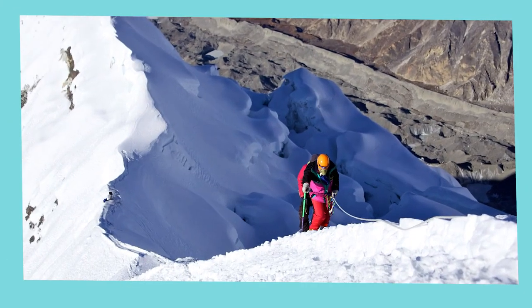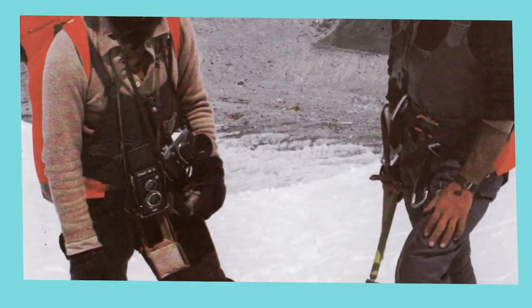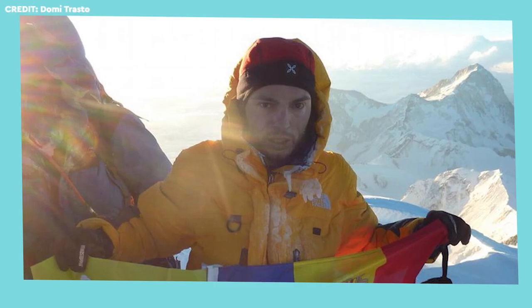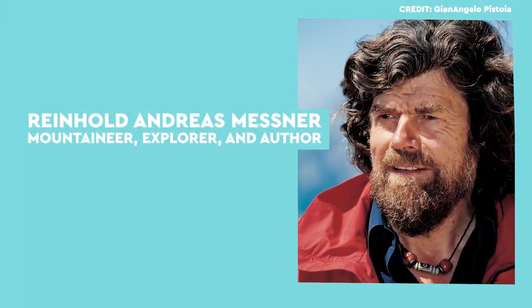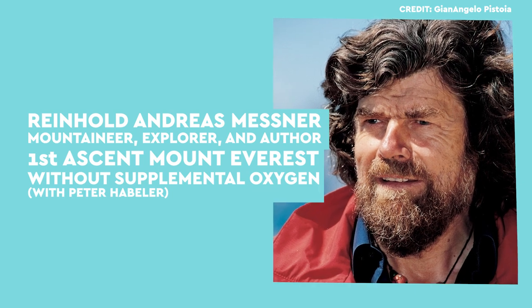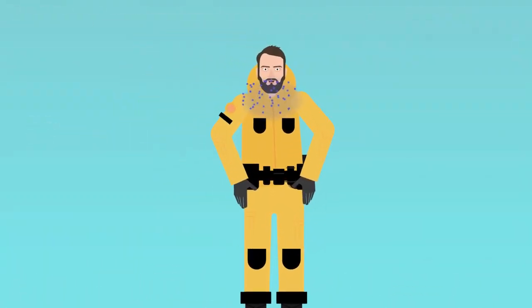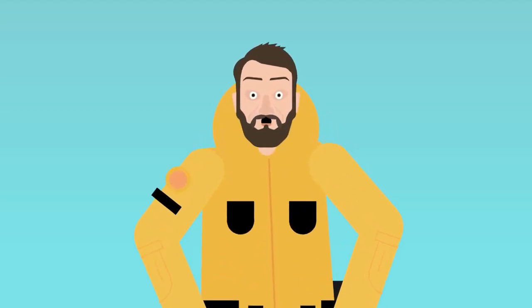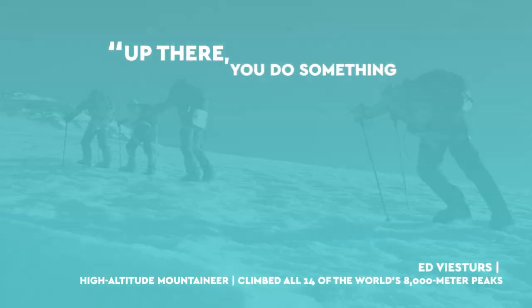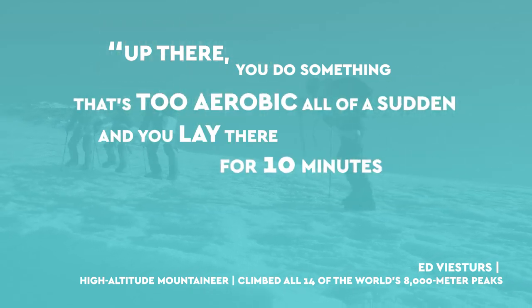While needing a consistent supply of oxygen bottles doesn't exactly fit the bill for a survivable height, there are an elite group of climbers who have pushed past 26,000 feet and summited the highest point on our planet without the assistance of extra oxygen. At these heights, each breath of air that you took would only contain about a third of the oxygen you would normally be inhaling back at sea level. Up there, you do something that's too aerobic all of a sudden, and you lay there for 10 minutes trying